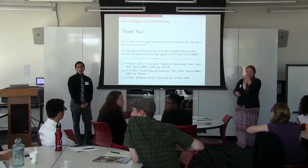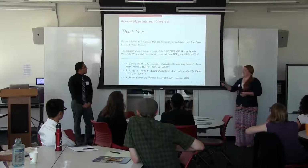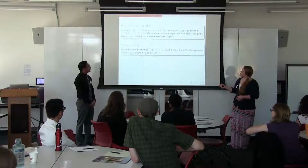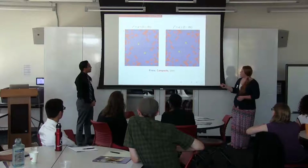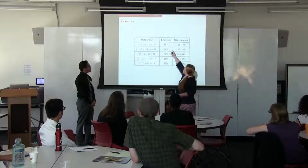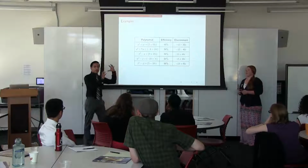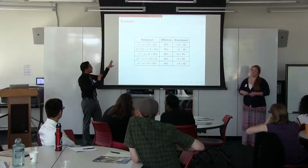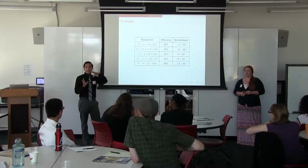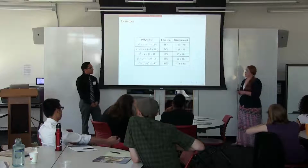Why is it that translating gave you possibly changing the efficiency? Do you guys look at that at all? Yeah, we did look at that. It has to do with, too far. This was the translated one, the second one. It's different, it changes because you're moving, while the polynomial is still very similar to the first one. You're just moving where those inputs are coming from, and you're going to put in numbers that just. Yeah, so if you had a polynomial that had, like in a lot of our examples, we had these,